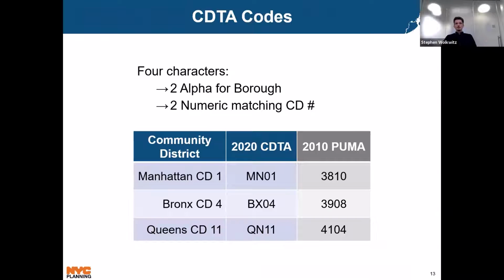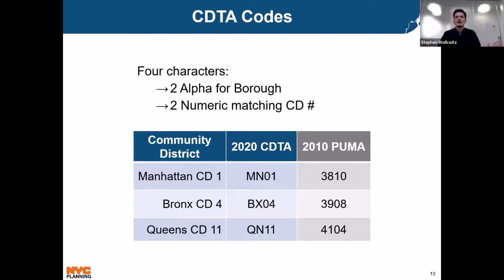So now with these resulting CDTAs, we of course had to create a GeoID for them. And one issue that we saw with the 2010 Puma GeoIDs was that even though they were loosely aligned with the CDs, the code wasn't indicating what CD each Puma was corresponding to. And we wanted the CDTA codes to be very intuitive as far as being easy to know what borough you're working with, what CD you're working with. So no longer will you have to either use a lookup table or memorize that,